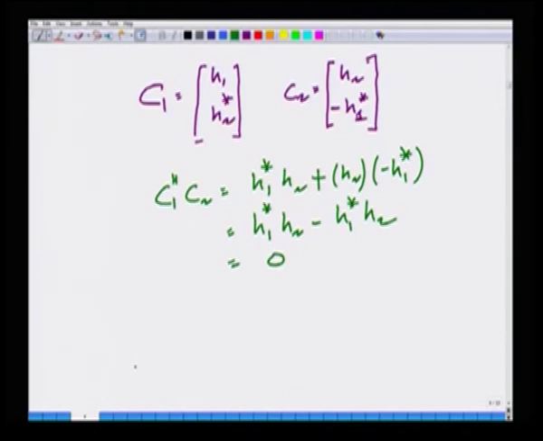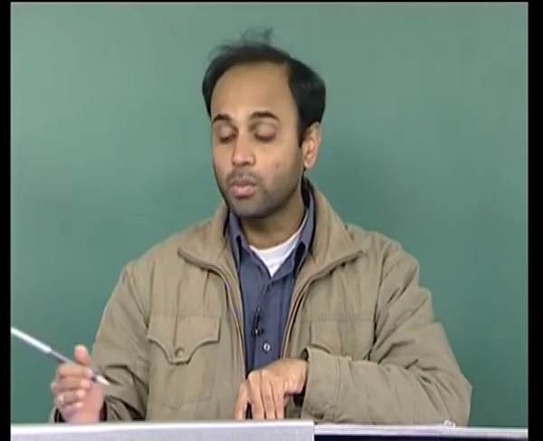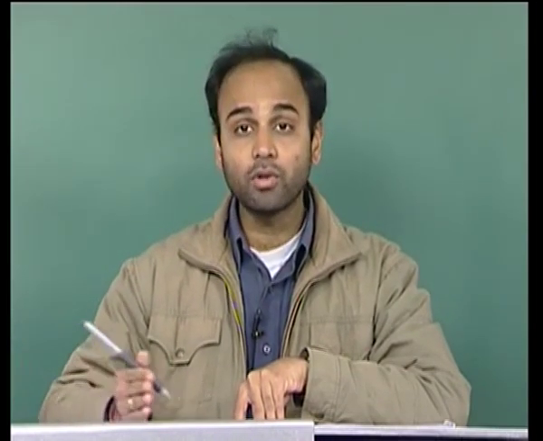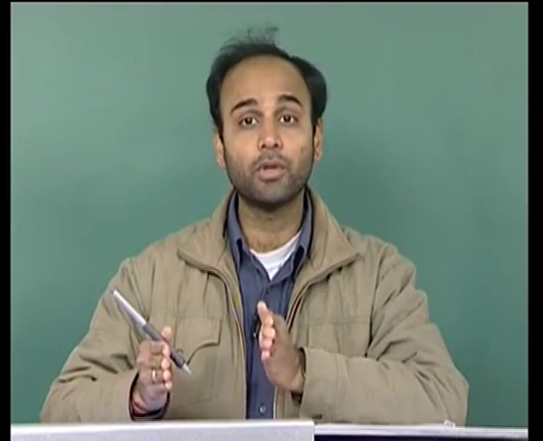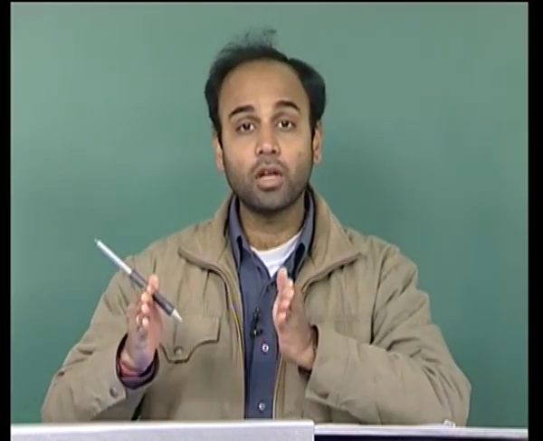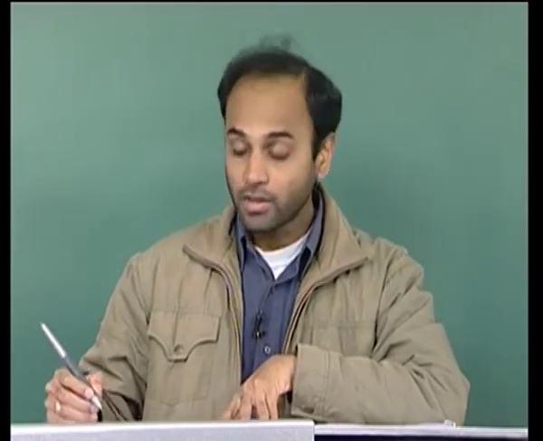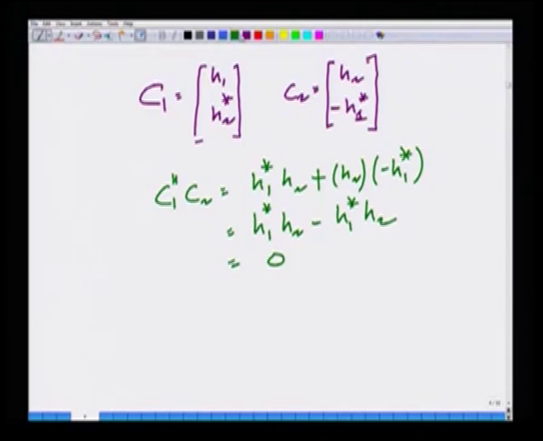Hence, you can observe that C1 Hermitian C2 is 0. Hence, these two columns are in fact orthogonal in this equivalent 2 cross 2 MIMO system to which the Alamouti coding scheme has been reduced. The two columns are orthogonal. Hence, in fact,